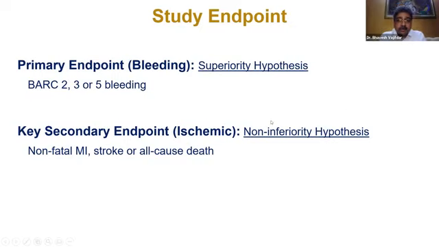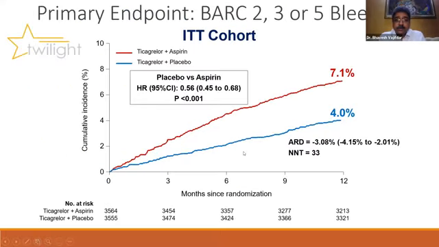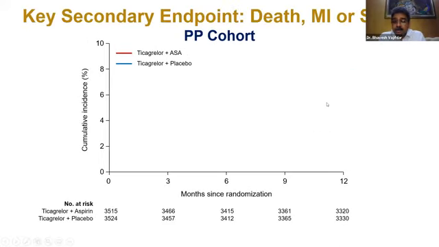Okay, so they were looking at bleeding and they were also looking at all these cardiovascular problems. So as was expected, if you look at the primary endpoint of bleeding, the bleeding was much more when you were giving aspirin plus ticagrelor. So if you give ticagrelor and aspirin combination for 1 year, then you will have 7% bleeding. Remove aspirin, that means ticagrelor is continued, but aspirin is removed, then you are going to reduce the bleeding. So when you remove aspirin from the DAPT after 3 months of stable patients, then you are going to reduce the bleeding. But is there a cost to it?